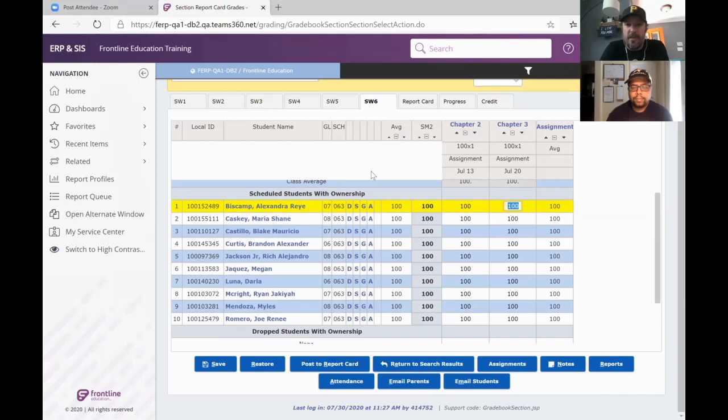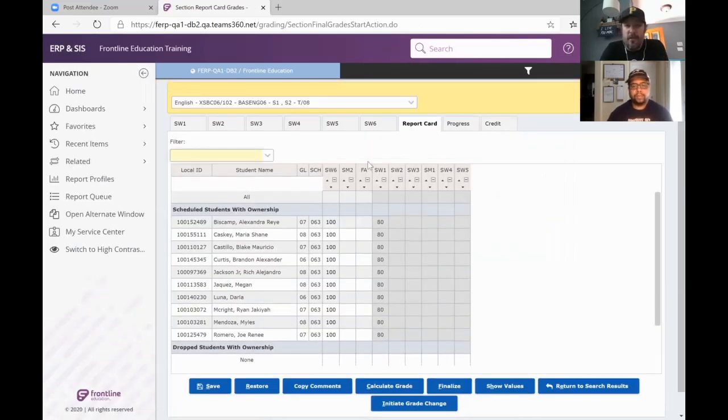All right, so let's say I'm here. If I go over to this tab, Report Card, which reminds me, one of the cool things about this new program is that if you look at these tabs over here, instead of us having to go back and change the 9 weeks, you're going to be able to look at the different grading periods very quickly. This is 6 weeks, 1, 2, 3, 4. We're going to obviously have 9 weeks, 1, 2, 3, and 4. But you'll be able to bounce back and forth if you want to check a grade from a grading period before very quickly. If I click on Report Card right here,